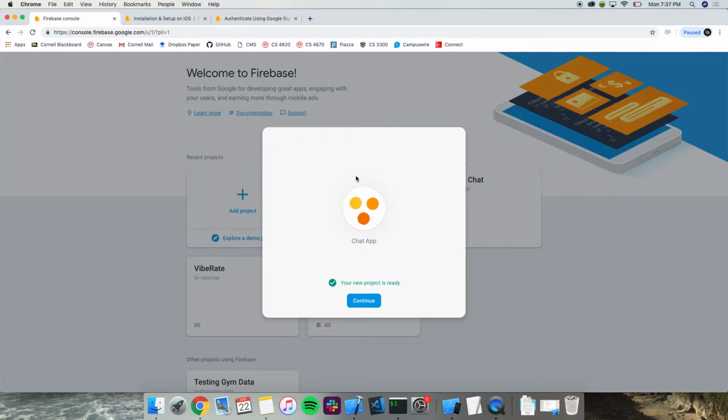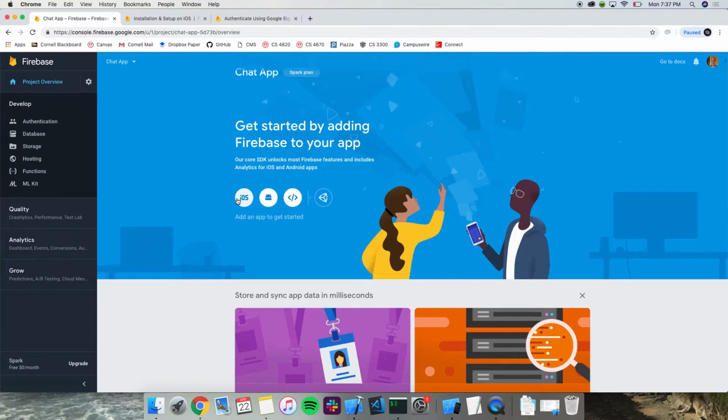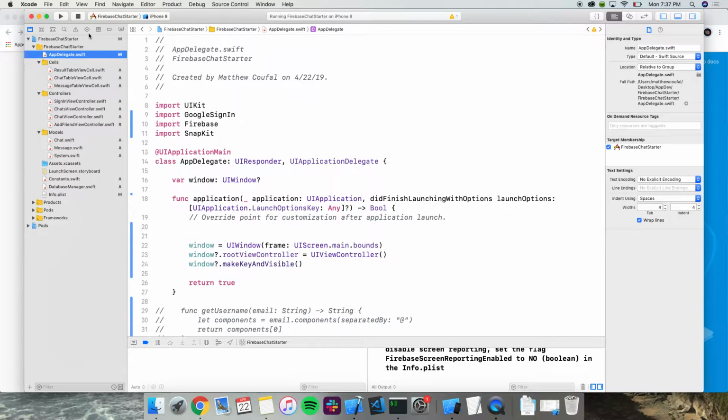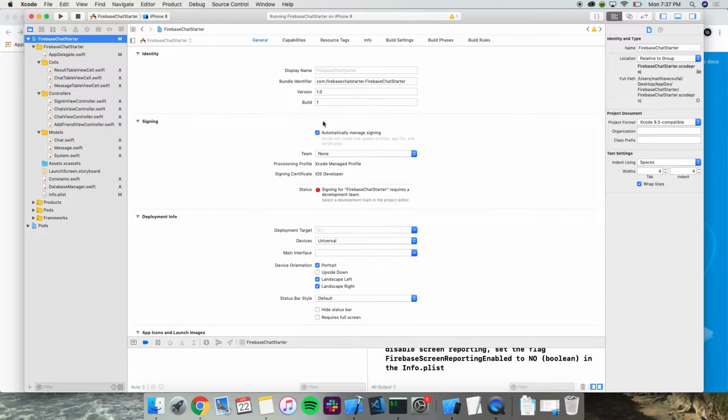Once you actually set this up, you can immediately connect it to your app. All right, so now we continue. We're making an iOS app, so we'll click on iOS. Now what you want to do is find your bundle ID. It's going to be in General. I'm just going to make a new one with my name.